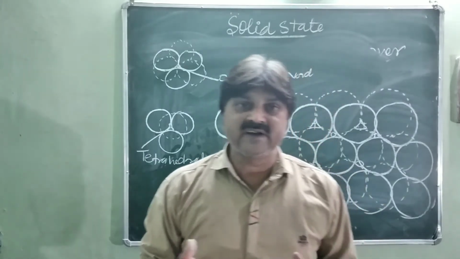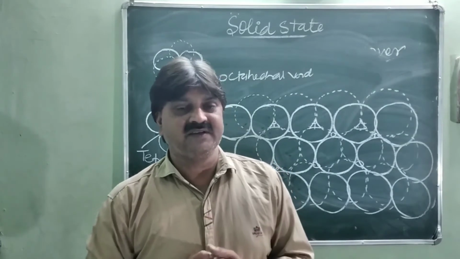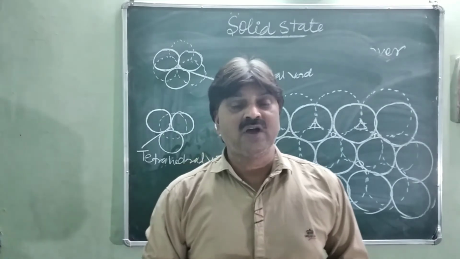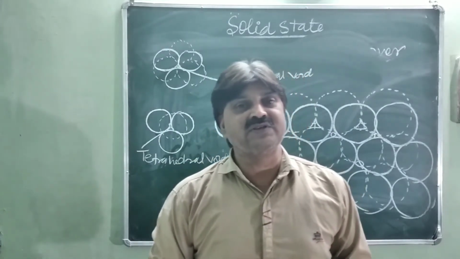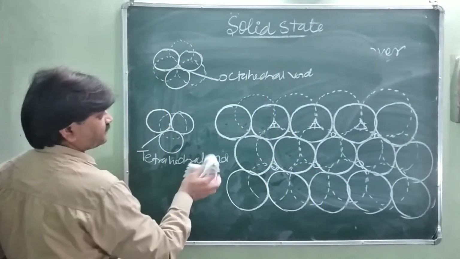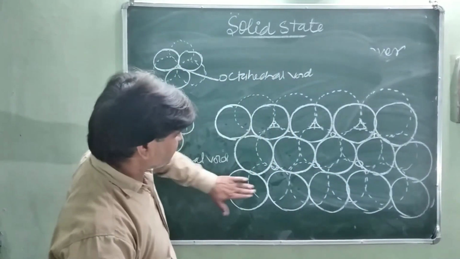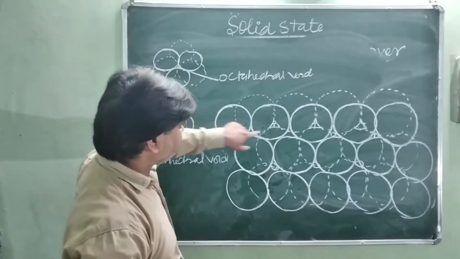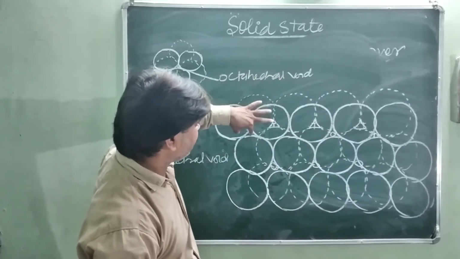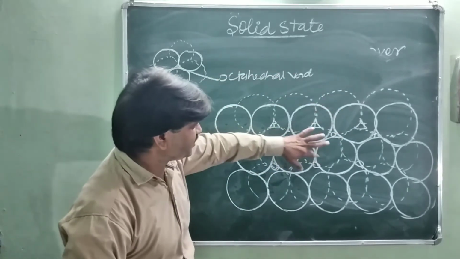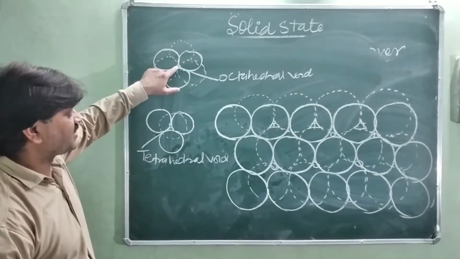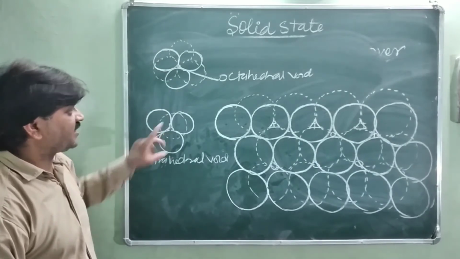And how do you calculate the number of voids in crystals in the solid state in 3 dimensions? For a 3-dimensionally arranged crystal, how do you count the total number of voids between these spheres? So consider the calculation of the number of voids. Is it clear? This is the first layer shown by the dark circles and the second layer placed is shown by the dotted line. We show there are two types of vacancy: between the 4 spheres, tetrahedral, tetrahedral, tetrahedral. Between the 6 spheres, this is octahedral, which is separately shown here. In 4 spheres, this is the tetrahedral void.